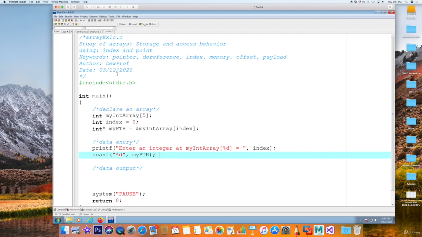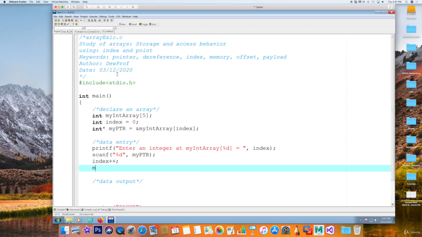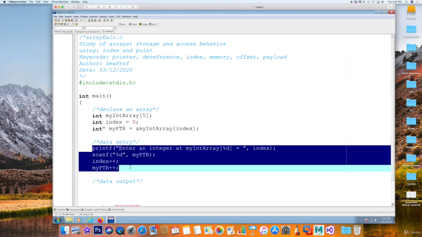Now this is key here. Notice that there is no need for an ampersand. My PTR already has the address of your array. Actually, right now it's pointing to the first element. So if you want to move on to the next element, make sure you do a couple things: index++ and my PTR++. You need to have these two ingredients in place to move on to the next element. Okay? And then we can copy this